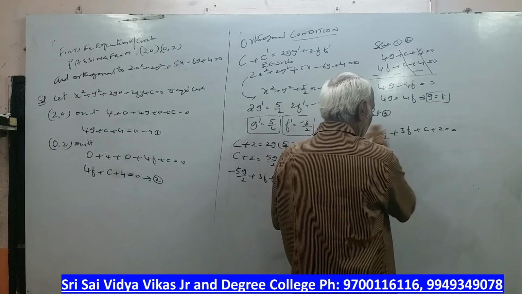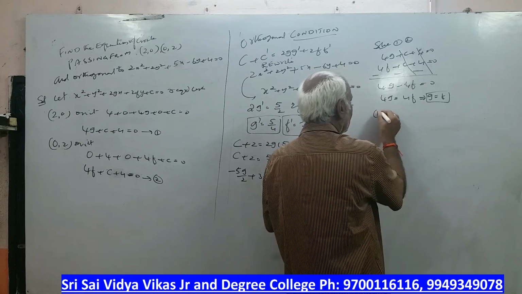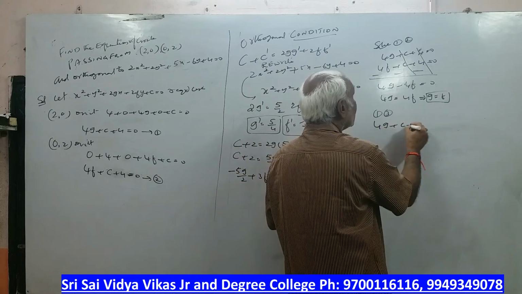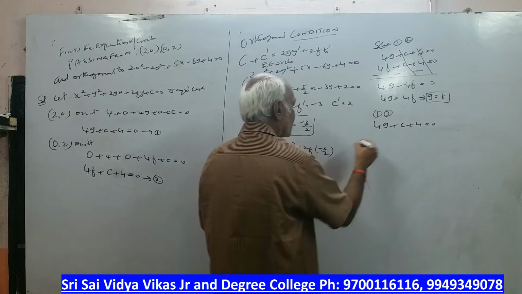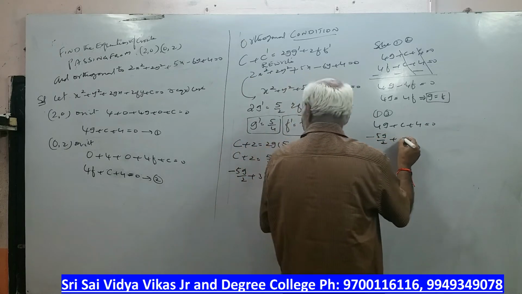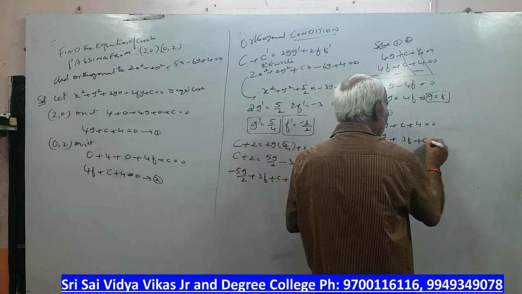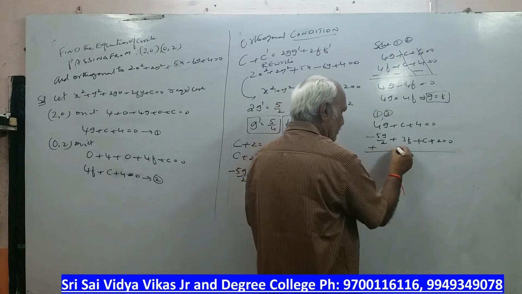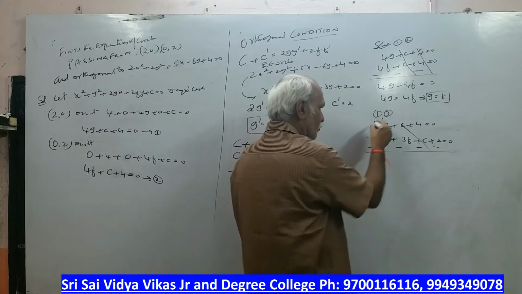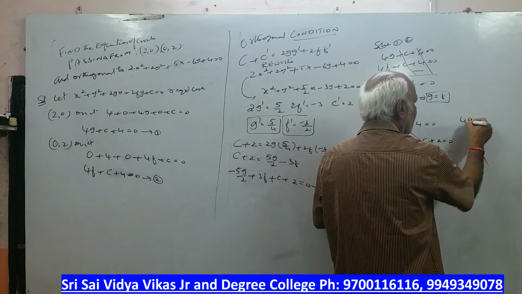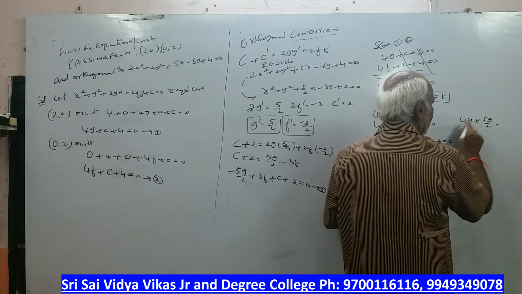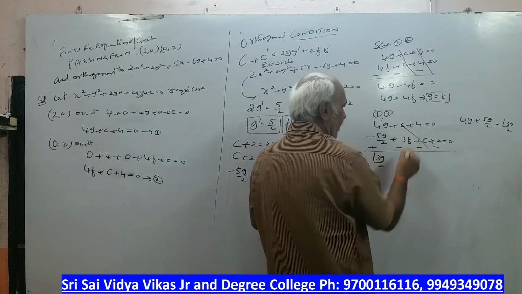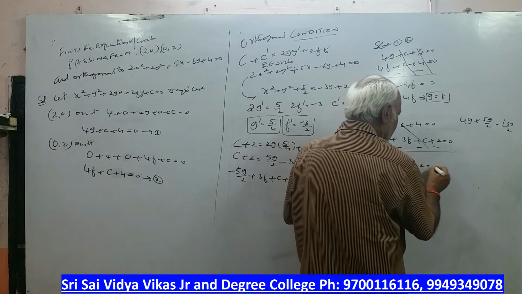Okay, before doing this, we will take 1 and 3 and solve. Let us solve 1 and 3. So, what is the first equation? 4g plus c plus 4 is equal to 0. Next, 5g by 2 plus 3f plus c plus 2 is equal to 0. Subtracting, c will get cancelled. So, 4g plus 5g by 2, which is 8 plus 5, gives 13g by 2. So this will be 13g by 2 minus 3f plus 2 is equal to 0.